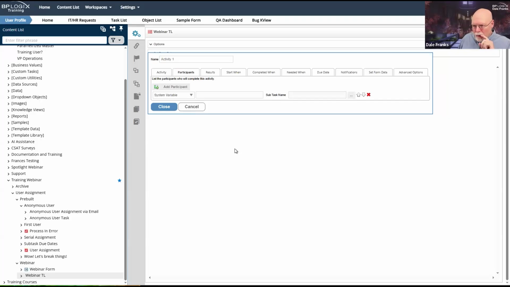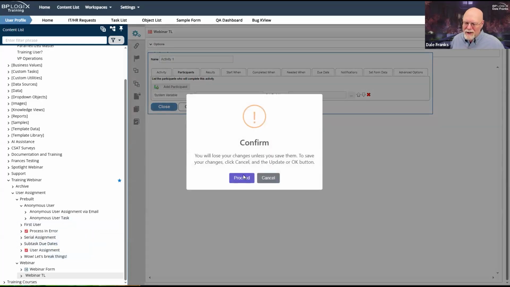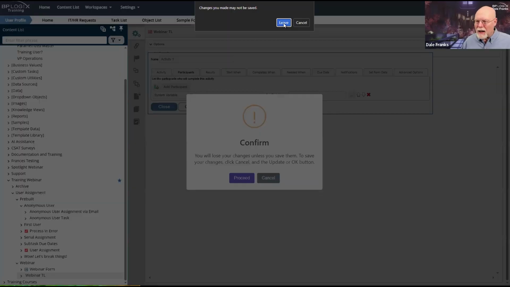Now, there is another little wrinkle with task assignments, and that is with subtasks. As you saw, this example is going to show it with users, but you would do the same thing with groups. There is this deal here called subtask name. I can assign tasks as subtasks. We rarely do it, but it can be done. And this can get a little complex and a little deep here. So let's go over here to this example of subtasks and subtask due dates.